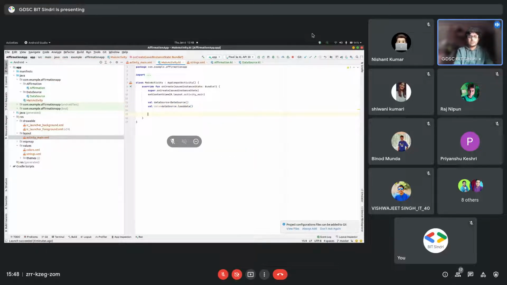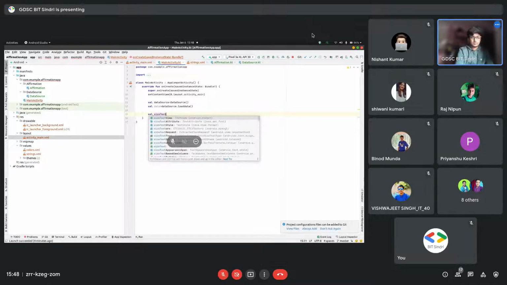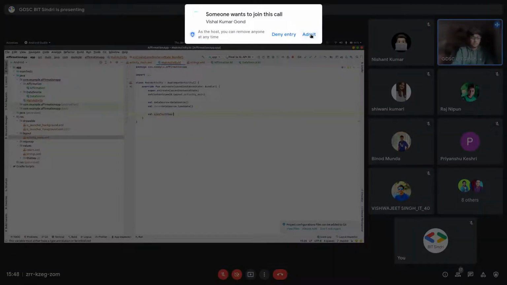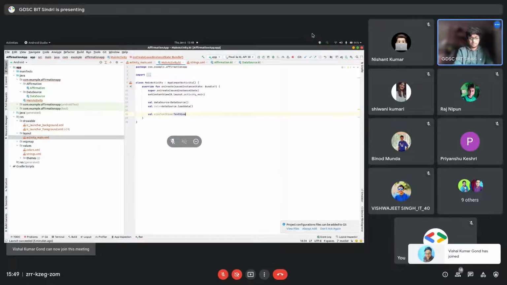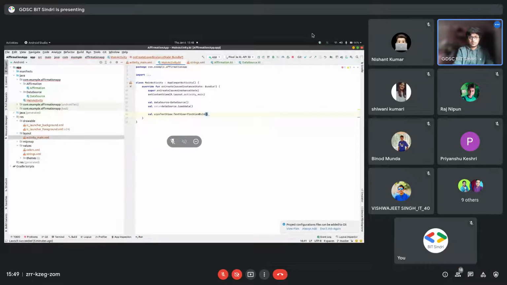Now we will display the size of this data in our text view. Let's initialize the text view, which will be of the type TextView.